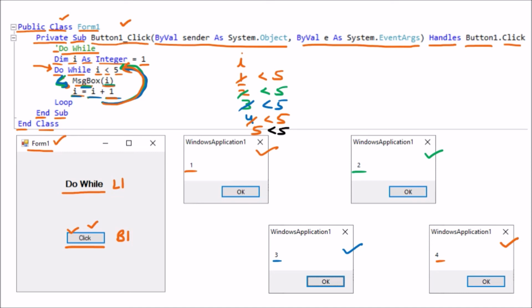So condition is false. So here condition is false, and now it will be not going inside. It will be directly coming out afterward. So after the loop will come out, and here we are having done with the do while looping. And we should understand that in the .NET, do while and the while both are the same. So that is all about the do while loop.